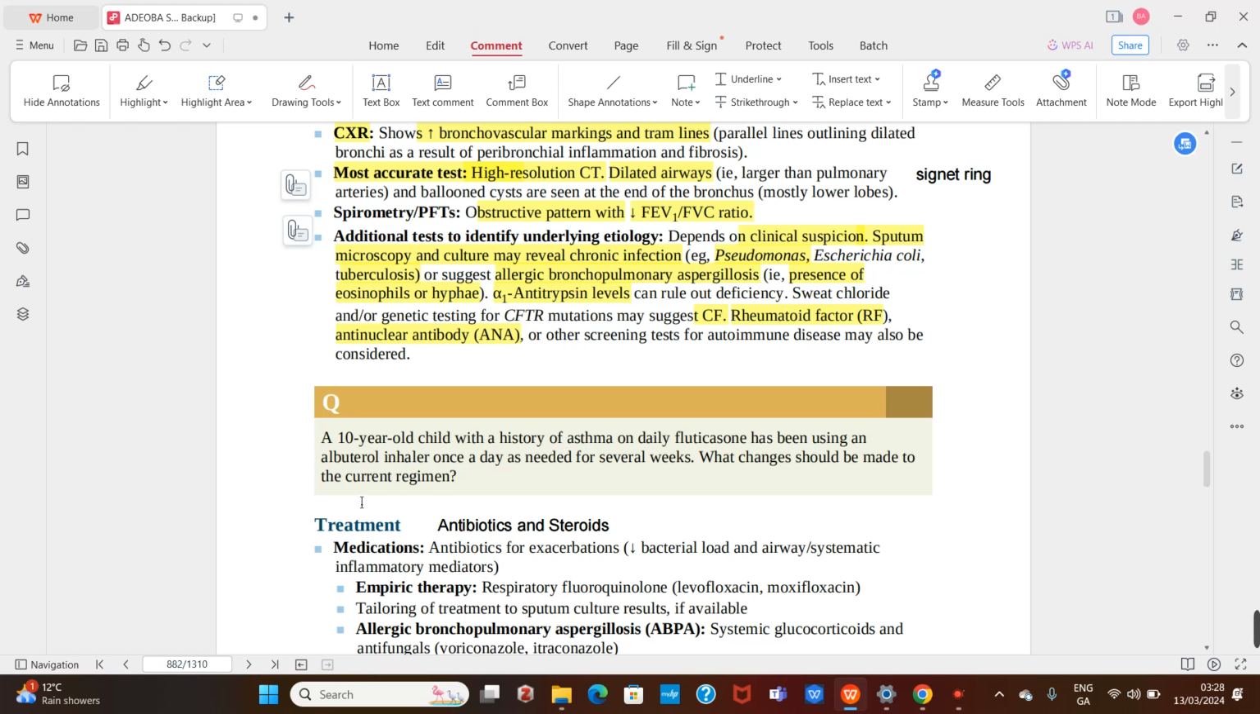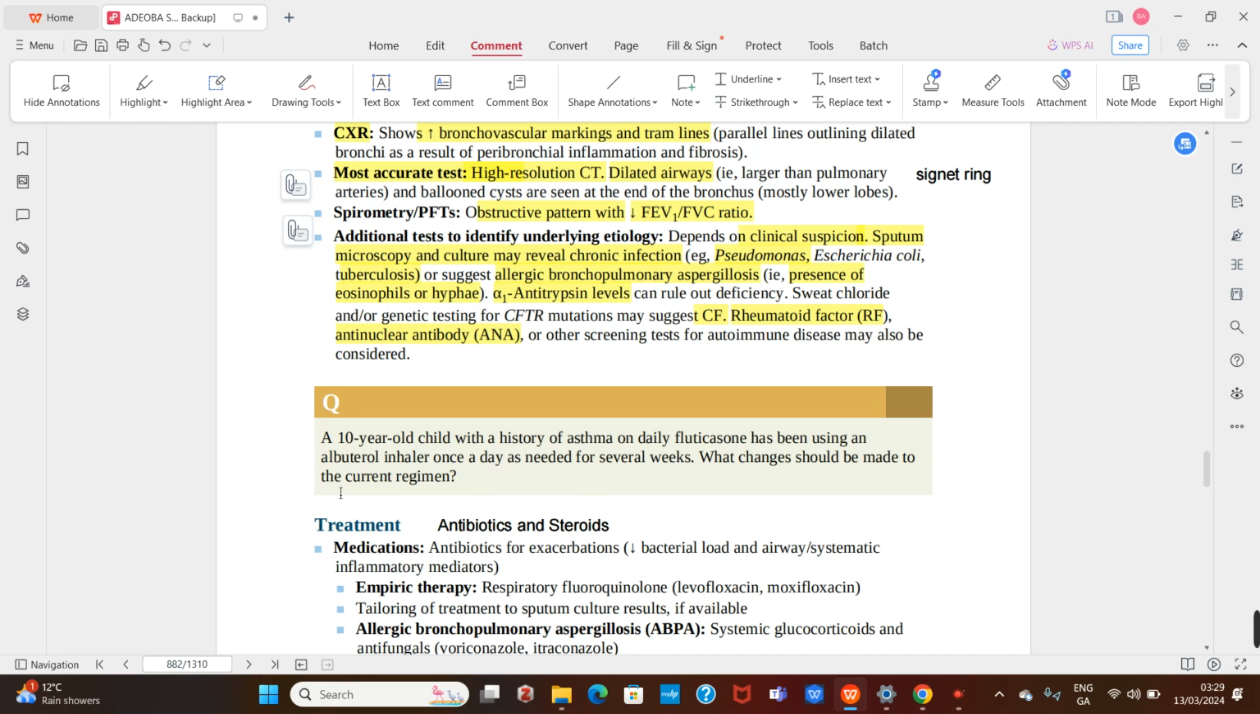So we have a question here. A 10-year-old child with a history of asthma on daily fluticasone has been using an albuterol inhaler once a day as needed for several weeks. What changes should be made to this current regimen? What do we think? Daily fluticasone,